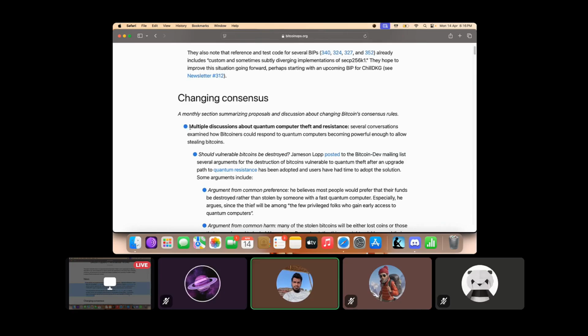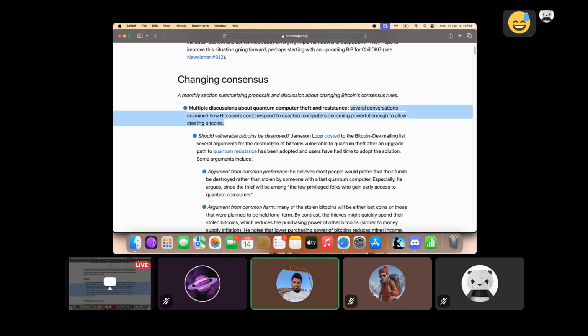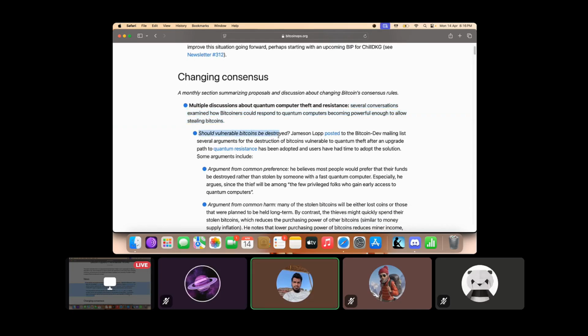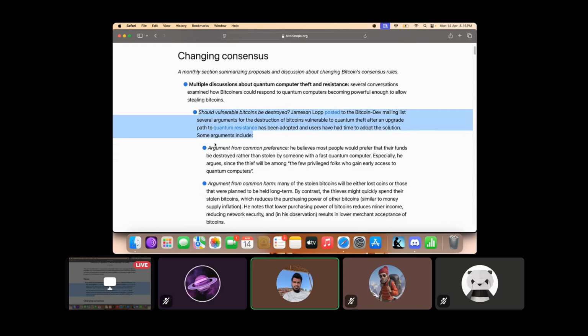All right. Multiple discussions about quantum computer threat and resistance. Several conversations examined how Bitcoiners could respond to quantum computers becoming powerful enough to allow stealing Bitcoins. Should vulnerable Bitcoins be destroyed? Jameson Lopp posted to the Bitcoin Dev mailing list several arguments for the destruction of Bitcoins vulnerable to quantum theft after an upgrade path to quantum resistance has been adopted and users have had time to adopt the solution. Some arguments include, okay, so basically I'm sure most people have heard about what quantum computing is